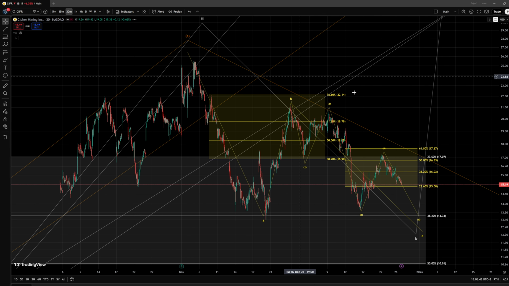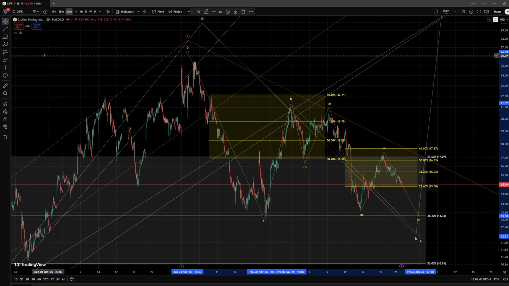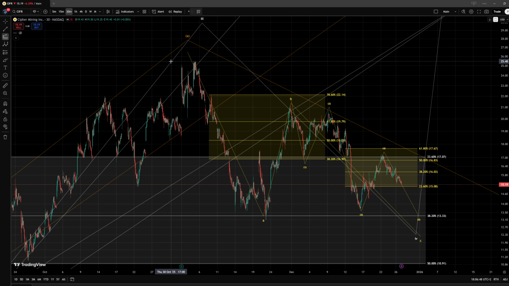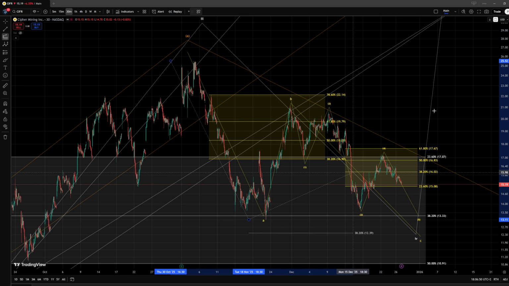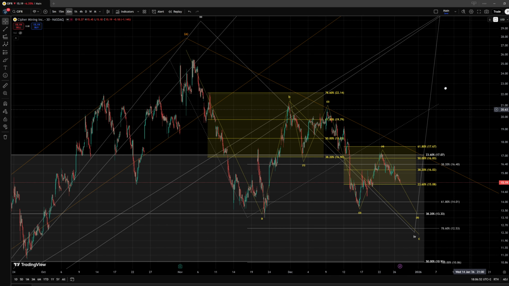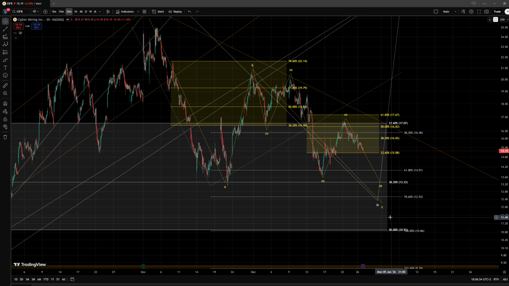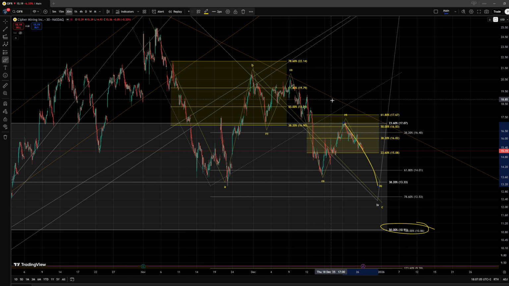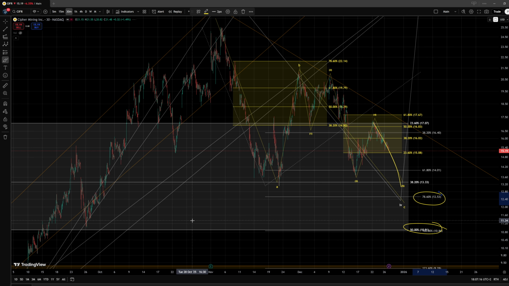Now, if we are, however, to look for ideal targets for this wave C, we can even have a look at that, because it would be the 100% extension of the wave A, and that would be at around the $10.9 level, very much in confluence here with the 50% retracement. Although indeed, if we only form here a 5th wave, I would rather expect to form a bottom much earlier than before we would get here to the 50% retracement, probably something like the 78.6% retracement.